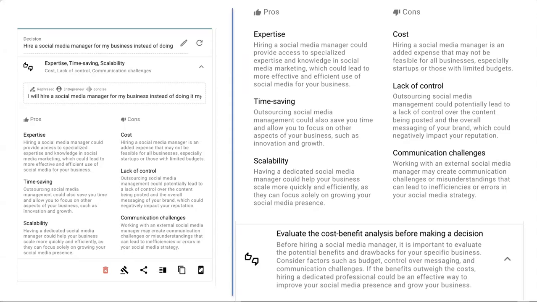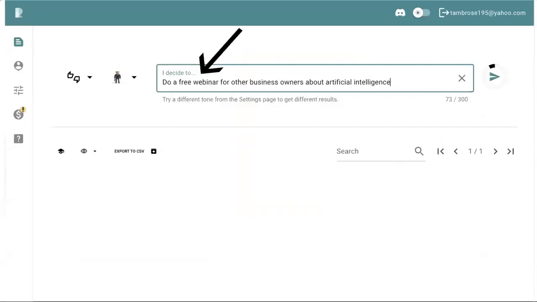But now if there was something where it was a slam dunk, so I say, what if I decide to do a free webinar for other business owners about artificial intelligence? And I have to tell you, I literally did that one, not because I was on the fence about it, but because when I was originally going to do this only on AI writing tools, Stefan from the Fox Valley chapter called and said, hey, can you do one on AI in general? So it wasn't that I had to decide about it, but I had just happened to be working on an article that,